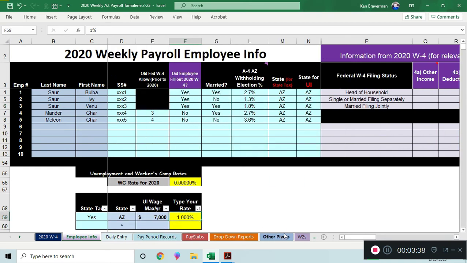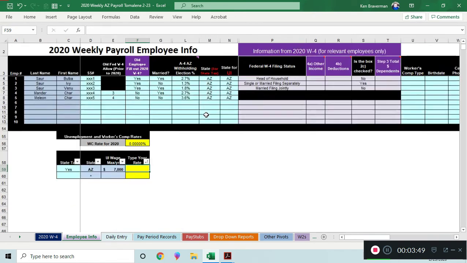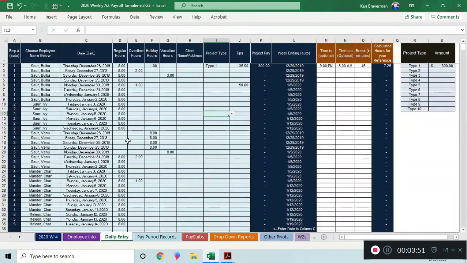Unemployment rate, if you have unemployment now, unemployment may or may not be applicable to certain employees depending, I believe, on their residency status. So we can go over that in another video. But once you have all your employee information in here and their Arizona rates, you go to the daily entry